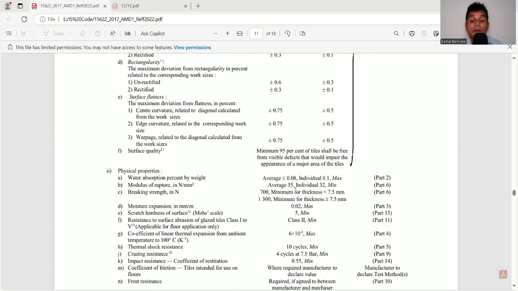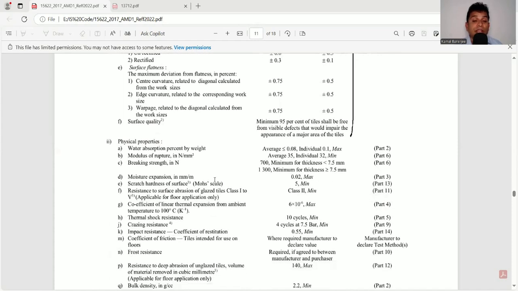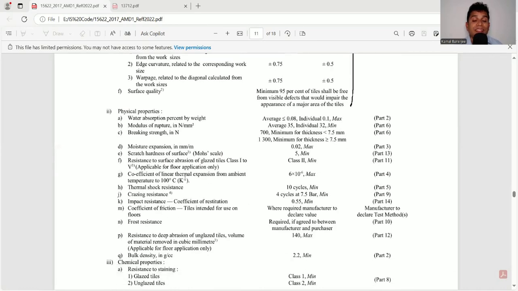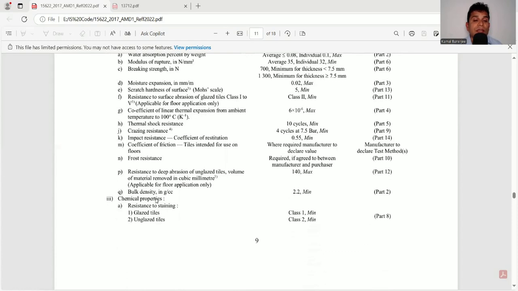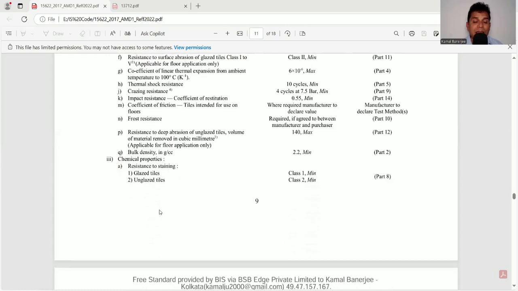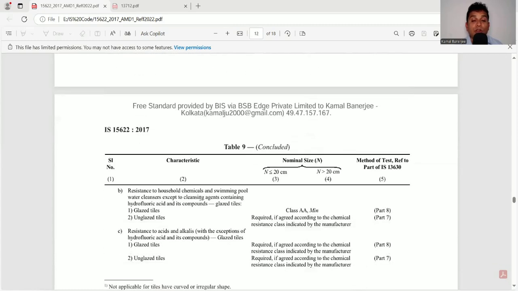Then modulus of rupture, average 35, individual 32, breaking strength 700 minimum for thickness less than 7.5, and 1300 minimum if the thickness is 7.5. Then moisture expansion, scratch hardness, resistance to surface abrasion, coefficient of linear thermal expansion, thermal shock resistance, crazing resistance, impact resistance, coefficient of friction, resistance to deep abrasion, chemical properties, the resistance to staining, then resistance to household chemicals, resistance